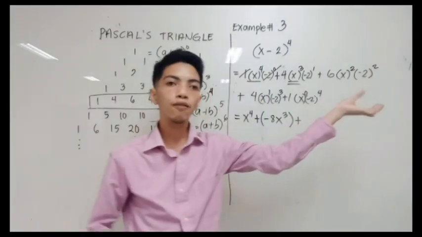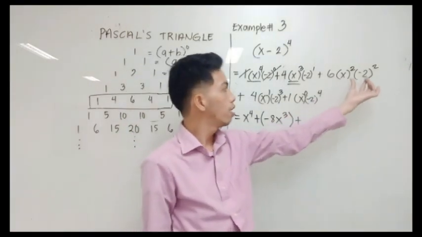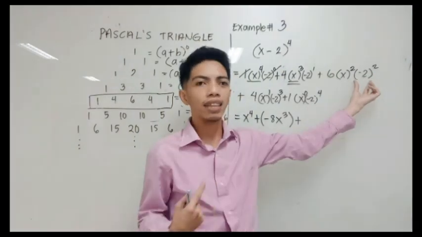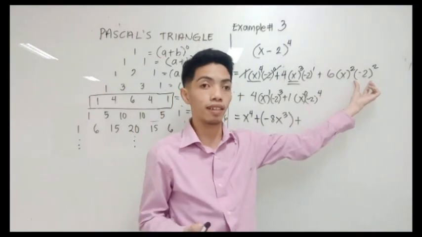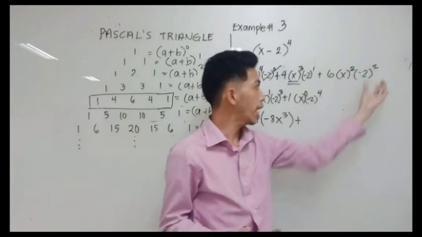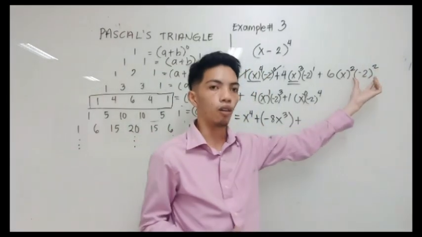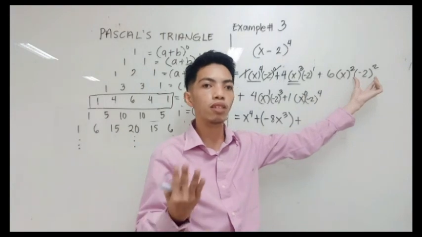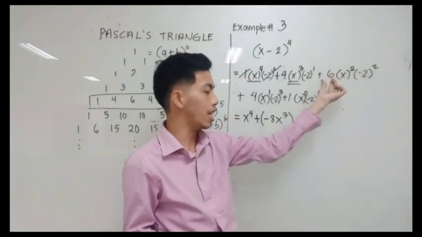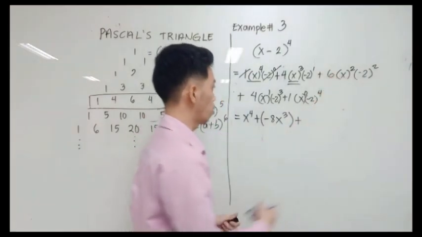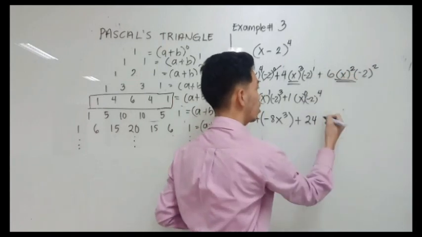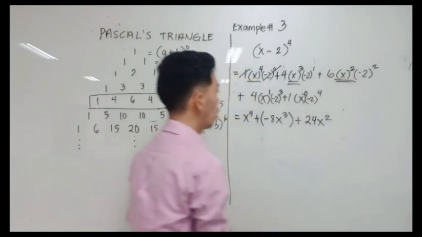-2 raised to 2 is defined by -2 times -2. And kapag nag-multiply tayo ng same sign, it's always positive. So negative 2 raised to 2 is positive 4. Bakit positive 4? Kasi negative 2 times negative 2 is positive 4. Positive 4 times 6 is positive 24. So sulat mo si 24. And then you have x squared. Okay, plus